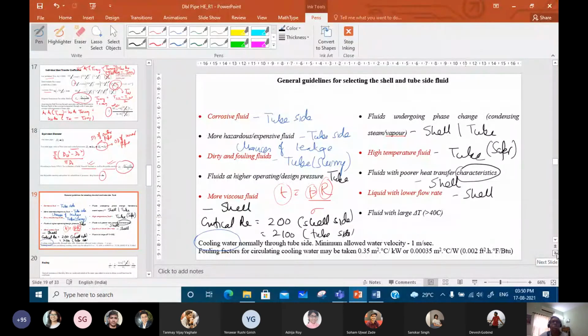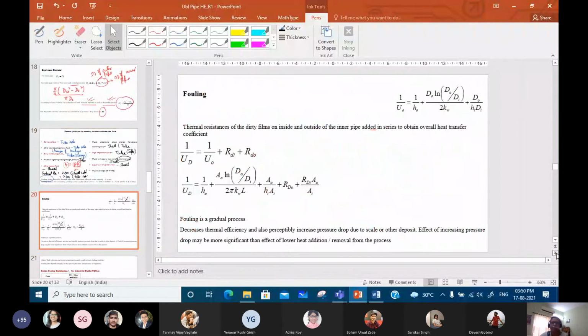Now, when you're designing the shell and tube heat exchanger, you have to decide the shell side and the tube side fluid, and accordingly you have to go ahead with the design part. The last thing which I have to tell you is that it's already known to you. There was a question also that by this particular formula, we have found out the heat transfer coefficient, right? This is the design heat transfer coefficient.